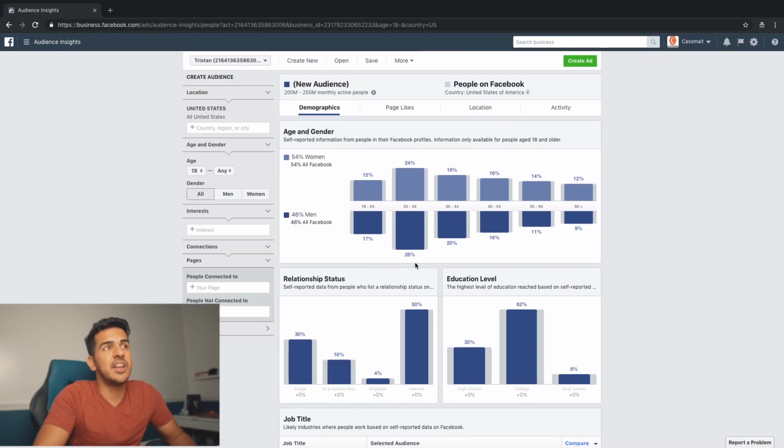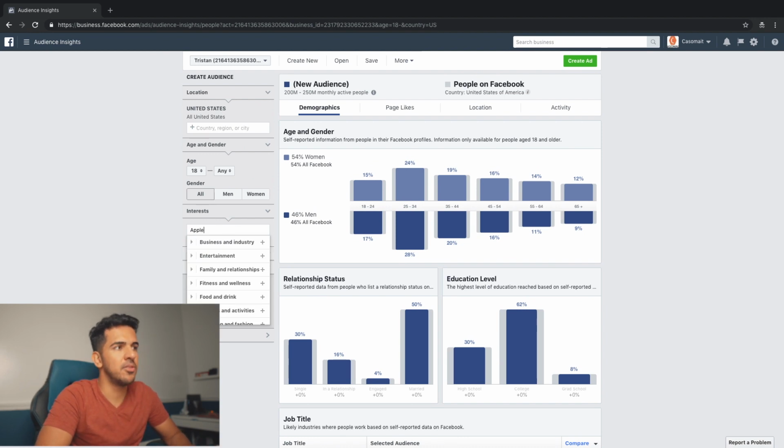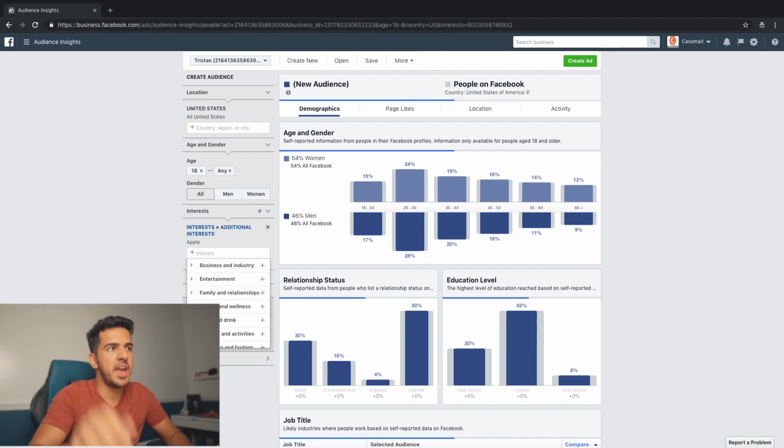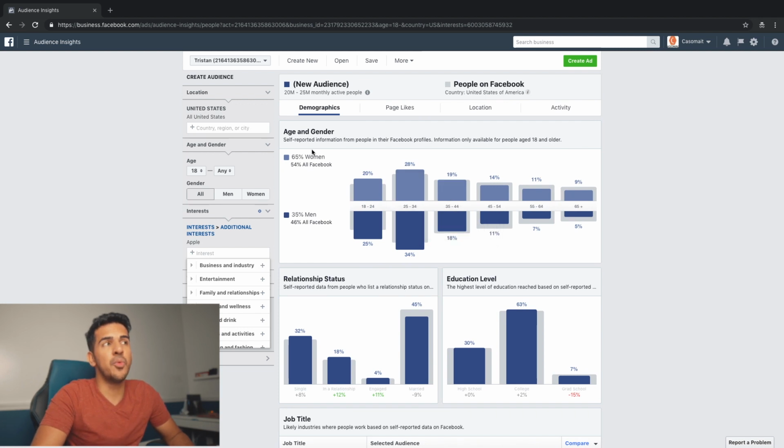Now, let's go ahead and try to do our detailed targeting, and let's say you are doing cases for iPhone. In order to figure out who will be the right targeted market, we're simply going to go to the left hand side, and we're doing United States. We select it right over here underneath the location, and for interest, I'm just going to put Apple. Boom. Enter. What that does now is tell me what's going on with Apple. There are 20 million to 25 million active monthly users on Apple.